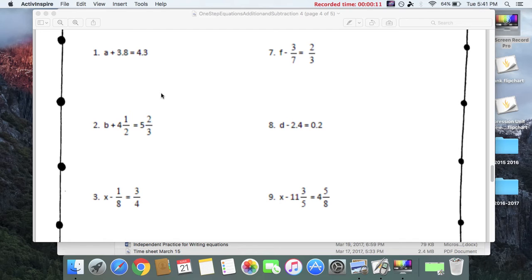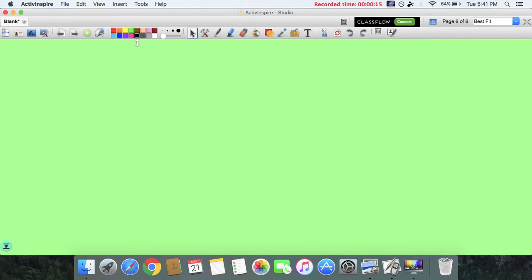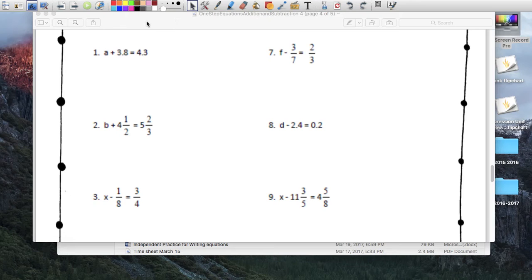So, first question says, and remember, the whole idea here is that it's an equation. An equation, you want to keep things balanced. Think of the scale that I mentioned the other day, that we saw the other day when we started doing this. So the first question, a plus 3.8 equals 4.3. So our goal is to isolate the variable, meaning, let me just,